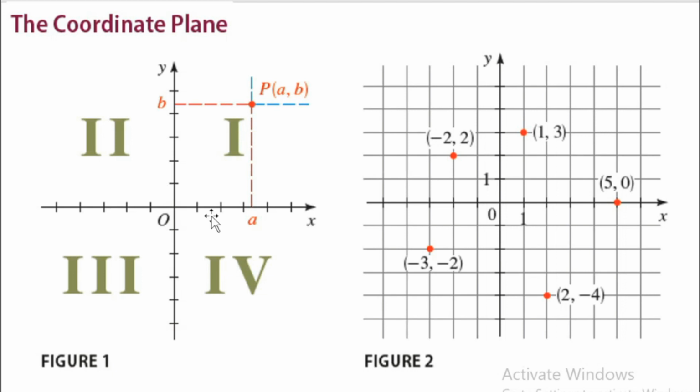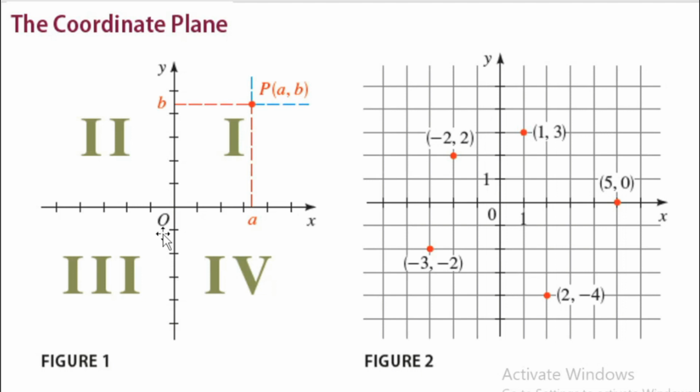So this is the x-axis and the y-axis. Usually, one line is horizontal with positive directions to the right and is called the x-axis. The other line is vertical with positive directions upward and it's called the y-axis. The point of intersection of the x-axis and the y-axis is the origin, and the two axes divide the plane